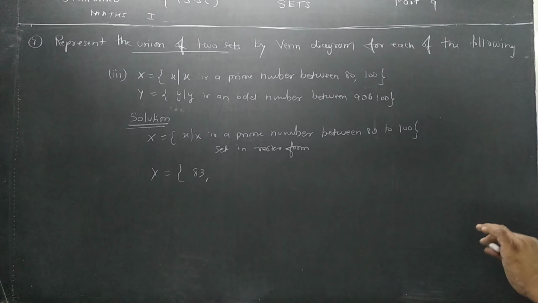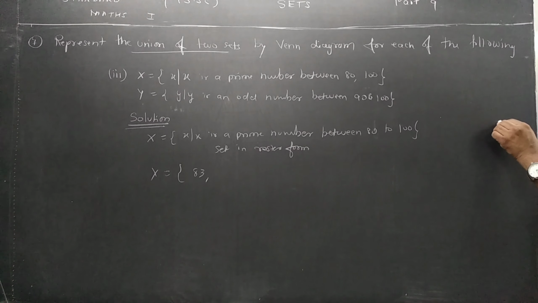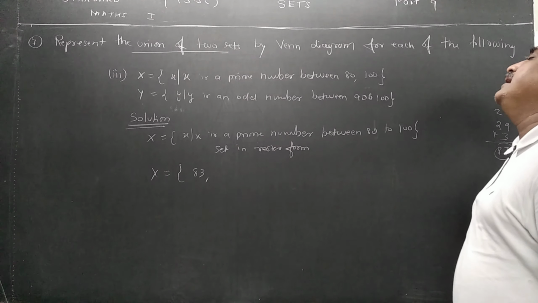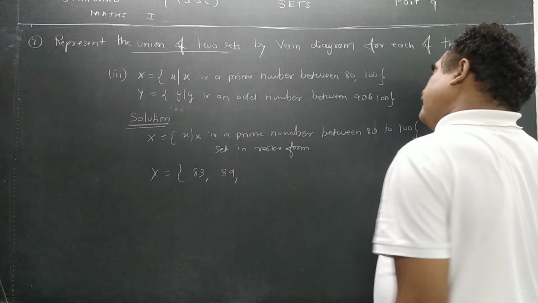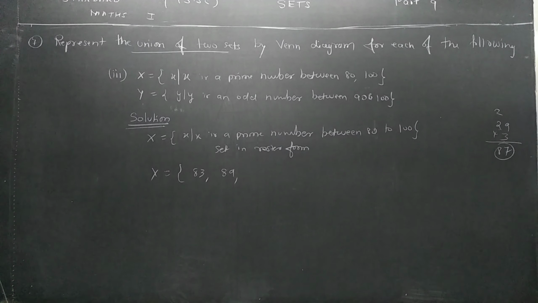84 इवन नंबर है, नहीं पॉसिबल है. 85 सवाल ही नहीं उठता है, 5 के टेबल में आता है. 86 अगेन इवन नंबर. 87 के लिए one thing is there, that is 29 into 3 करूंगा तो 3 9 का 27 into 6 plus 8, तो 87 is also not there. But 88 तो possible नहीं है. 89 किसी के टेबल में नहीं आता है. 90 सवाल ही नहीं उठता है.